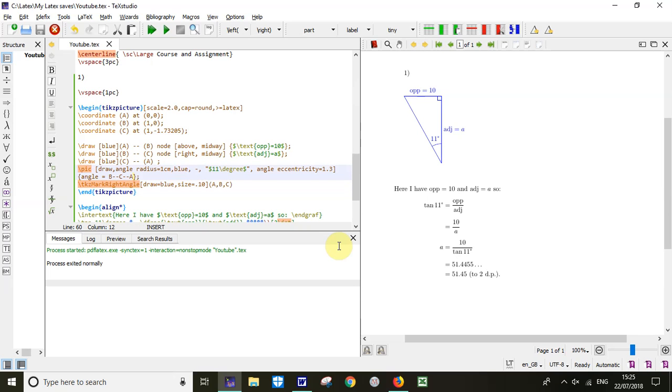So here I've got draw angle with a radius of 1 centimeter, and you can set this radius to be anything, and this tells you how big the arc will be of the angle. I've said it's going to be blue, and then I've said it's going to be 11 degree. The backslash degree is the command for the little circle, which shows it's in degrees. There's just the label for the angle. I could set this to anything I wanted. And then I set the eccentricity to 1.3. And the angle, but that's not really important right now. The key thing is the angle,